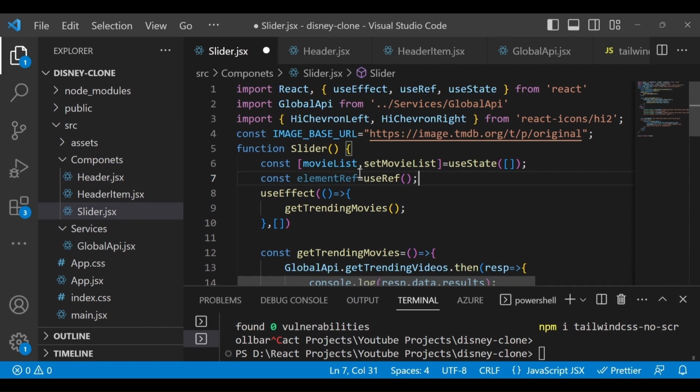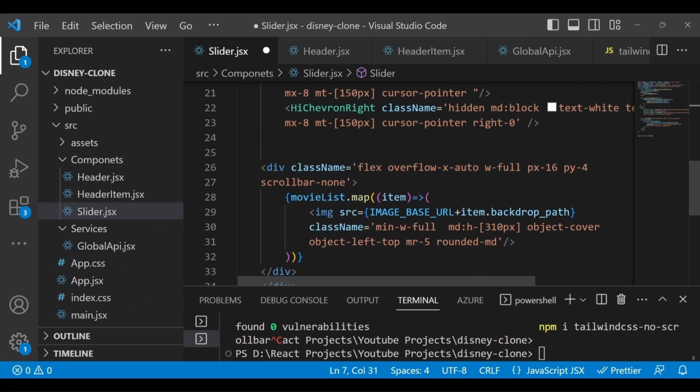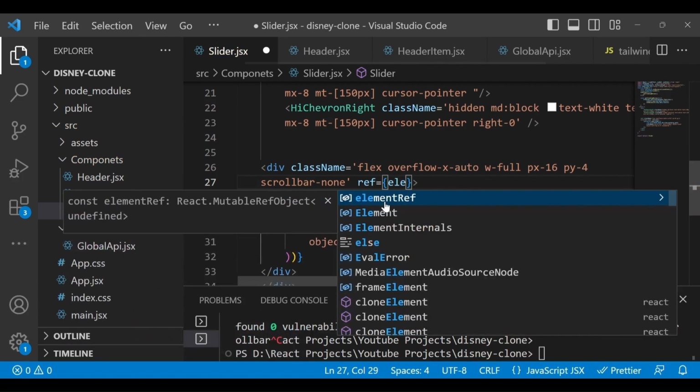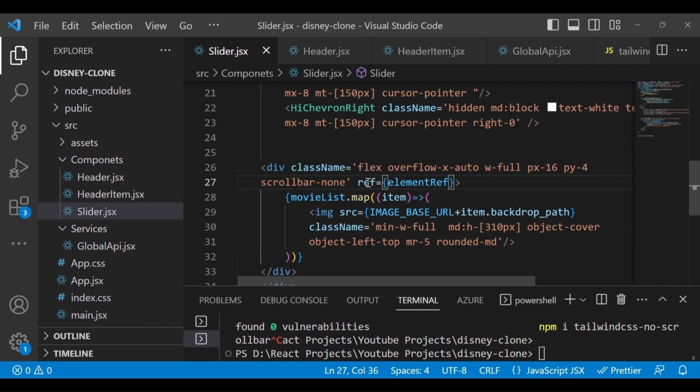So what it will do is refer to the element, and it will give access to that HTML element. So the only thing you need to do here is write the ref here. Just write ref equal to elementRef. Now you can access this element, you have control on it. That's the reason we give the element reference, right?